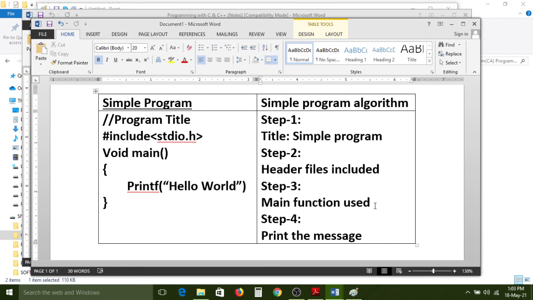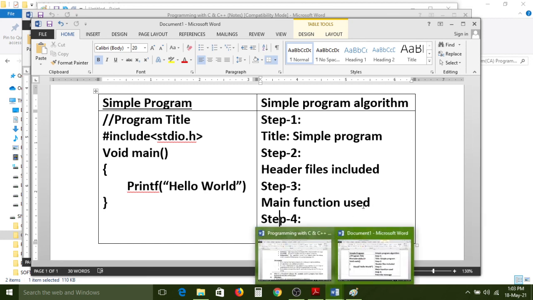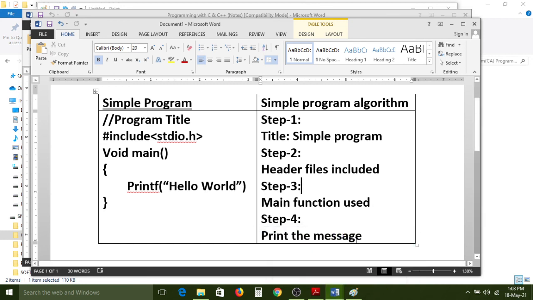So whatever the client needs, based on the client's requirements, we need to develop that project. So that is the process of algorithms. You can understand algorithm creation right now.